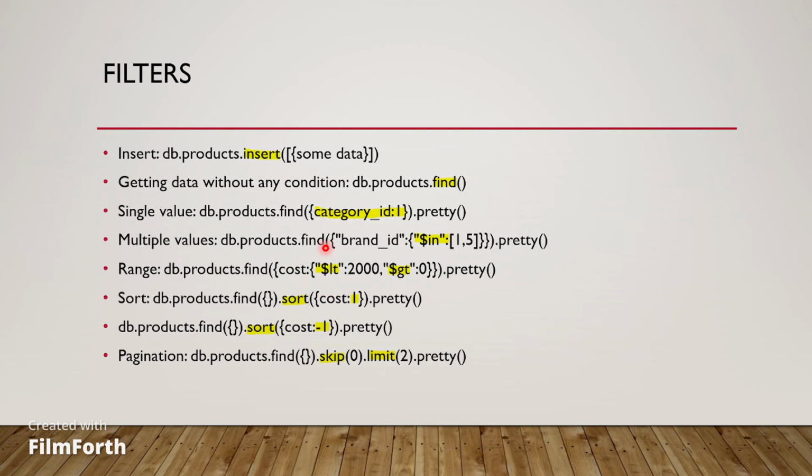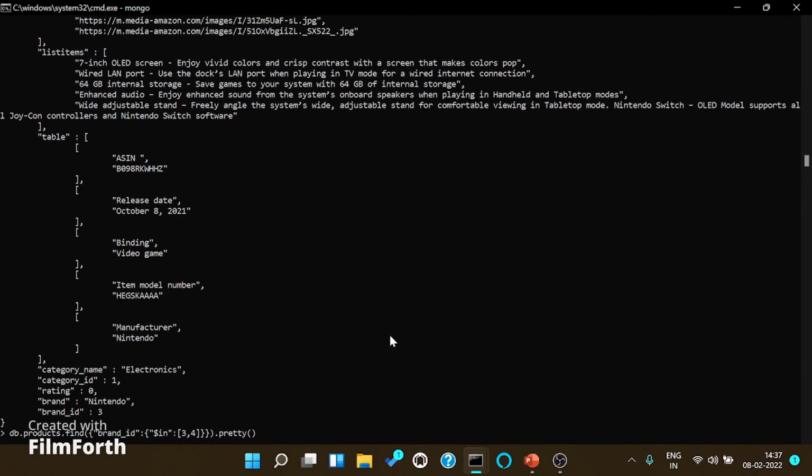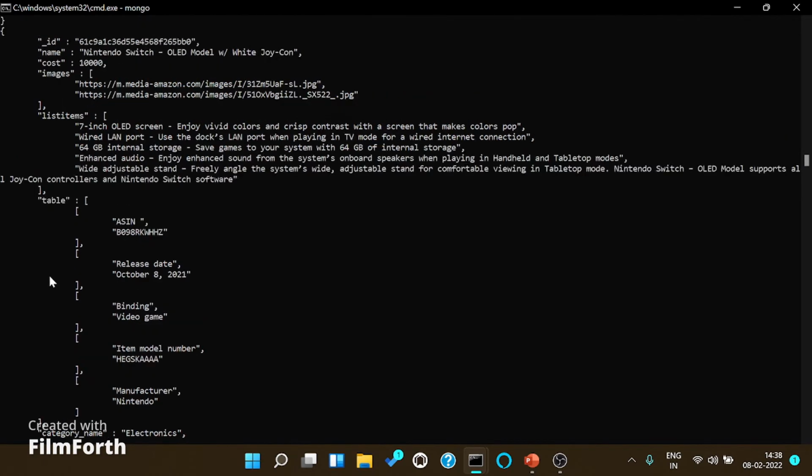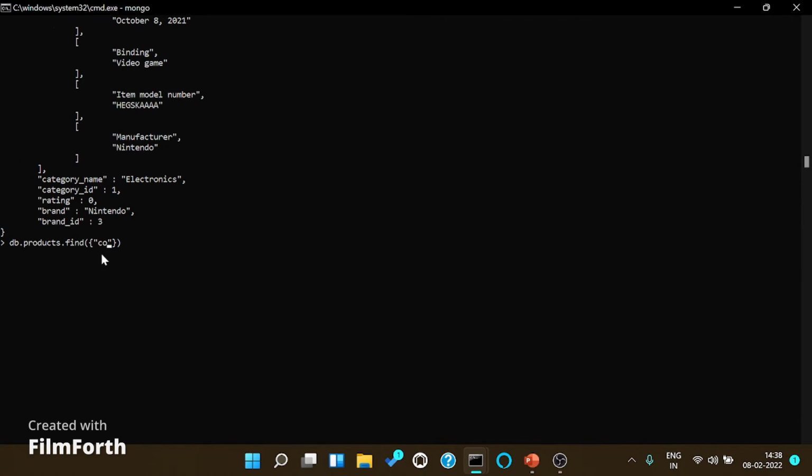In that case, we can use $lt and $gt, which stand for less than and greater than. To do that, we have to pass a different condition to find. That is db.products.find of, same like others. Here we have to pass the attribute name, that is here it is cost. Find of cost colon